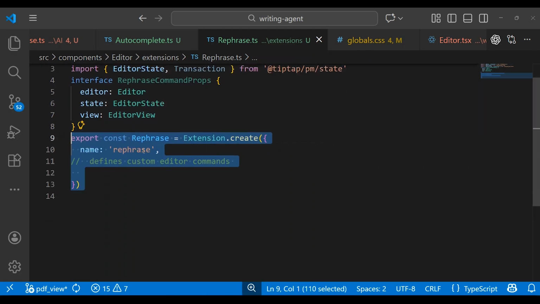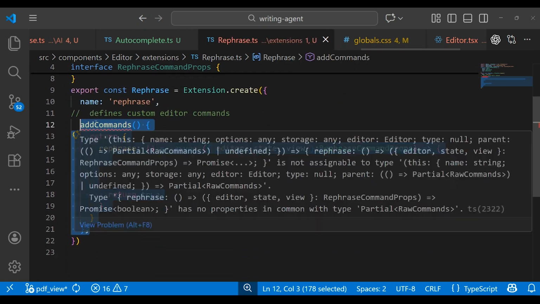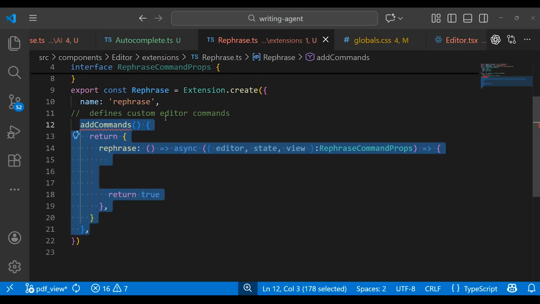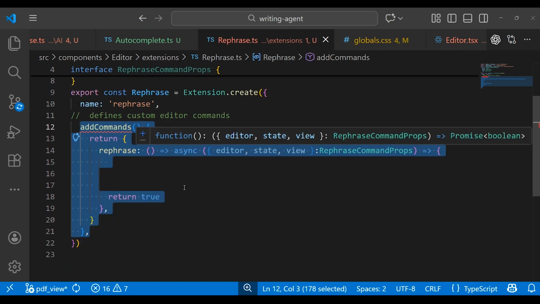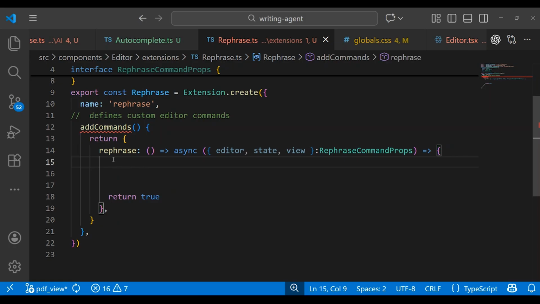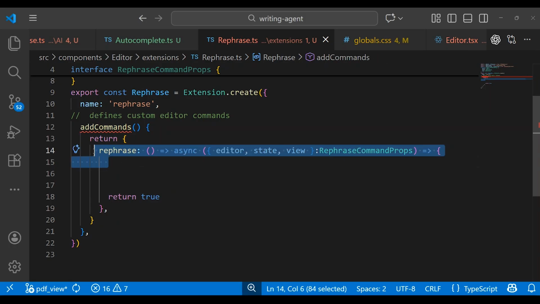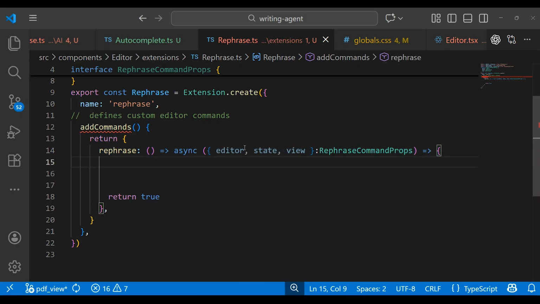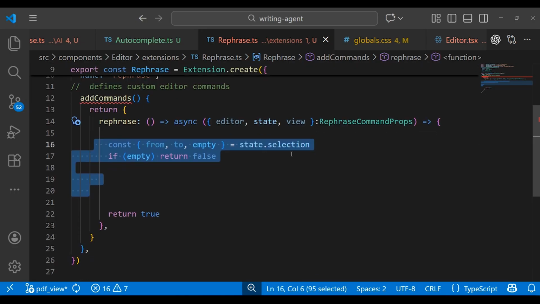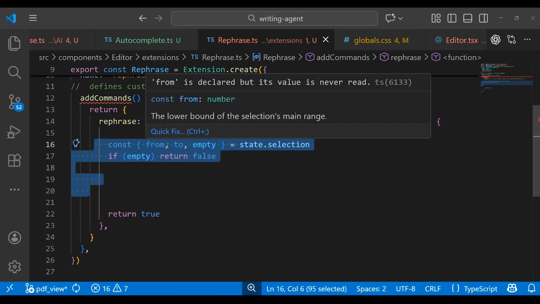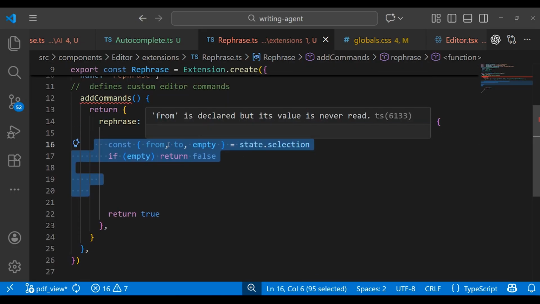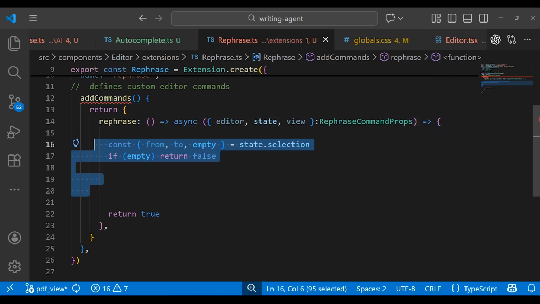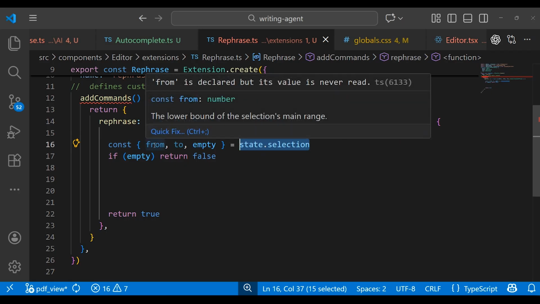We're gonna pass the name of the extension. We're gonna pass here a function that allows us to create our custom commands. And here you can see I return here a function, and then we pass the editor state and view. Now I'm gonna get here the current cursor position and the next position. We pass here state.selection. Okay, once I pass this, I'm gonna get access to the current and the next position